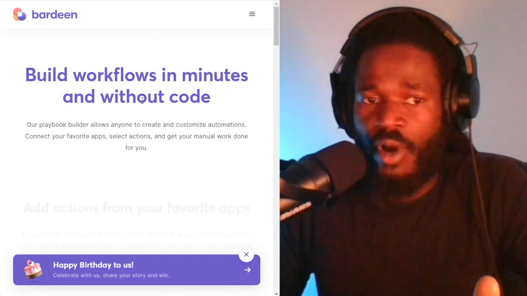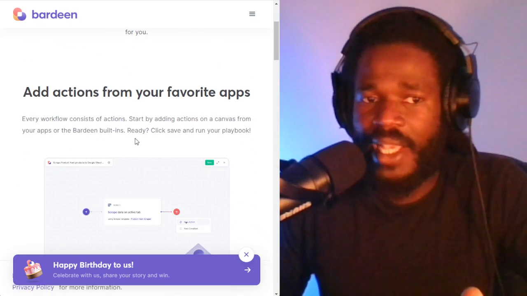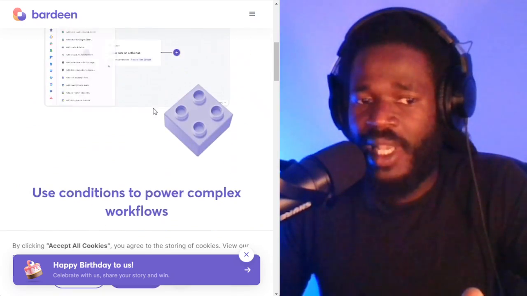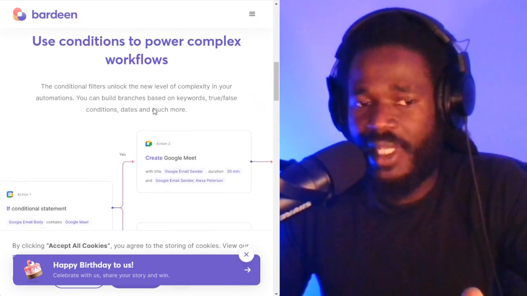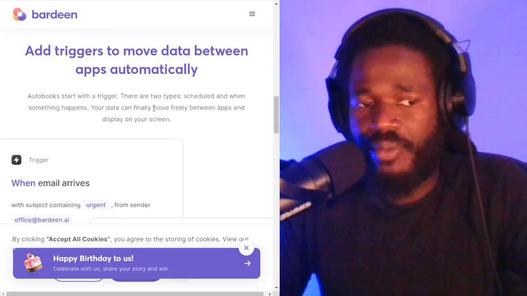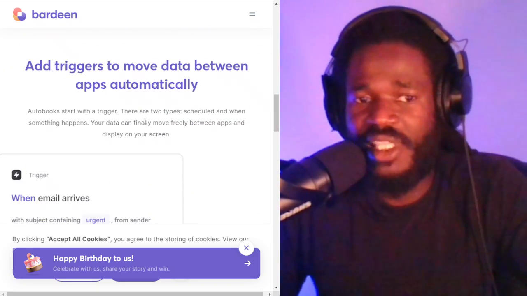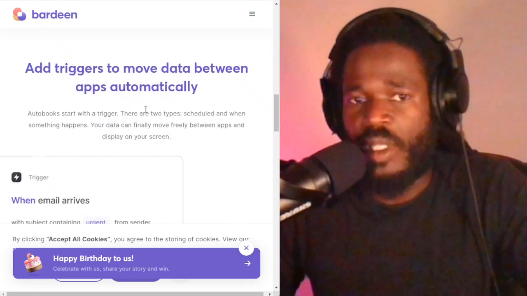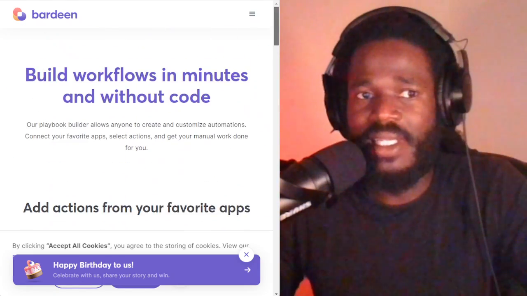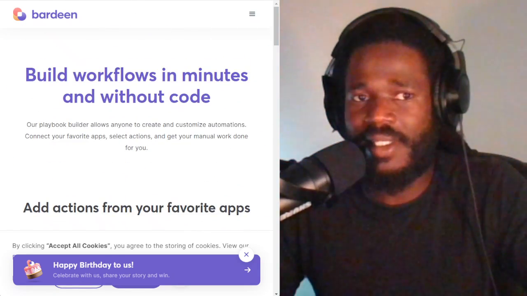And you can build your own. So you can add actions from other apps and integrate it into Bardeen. Very similar to what you've seen with Zapier. All right. So make sure you check out Bardeen.ai. Now, the last example,